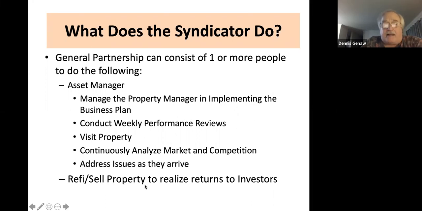And these are some of the activities they have to do. And then at the end, they've got to either refi or sell the property to return the investors' money and to give them the returns that were promised in the beginning. So all of that is what a syndicator does. From a limited partner perspective, now you know this. And so you can start asking questions and understanding what some of their issues are going to be. And you want to know that they've already started to consider a bunch of this kind of stuff, and you want to know how they're going to operate. And if the answers don't make sense to you, dig further or walk away.